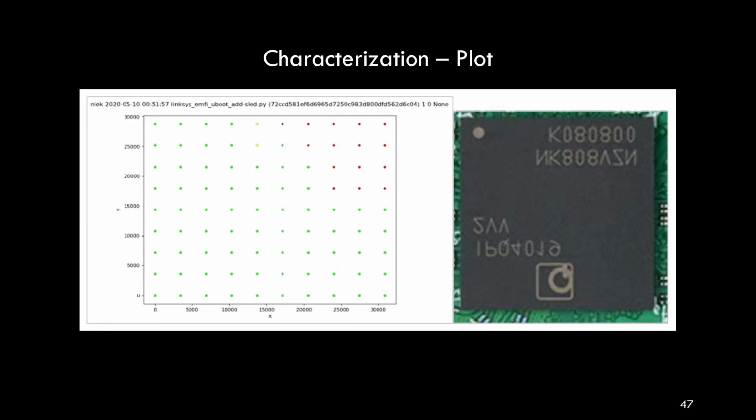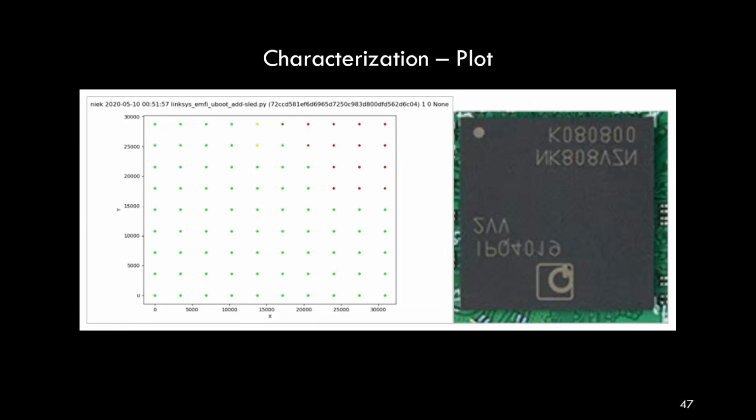So for these responses, we have no behavioral change whatsoever. So these are probably not too interesting, but on the top right, you see that we have red dots. And this means that on those locations with a particular glitch strength, we were able to modify the counter from its expected value. A clear indication that we were able to affect one or more of the add instructions that were being executed.